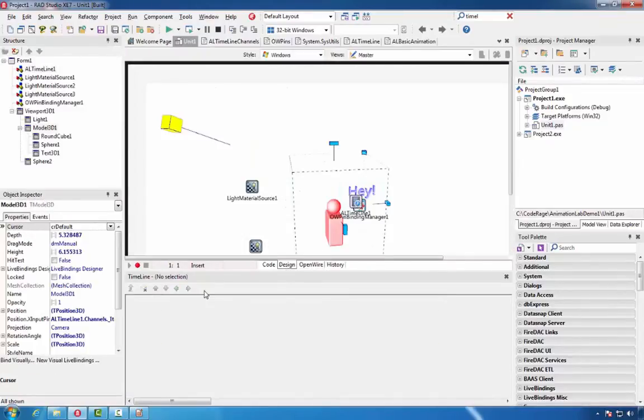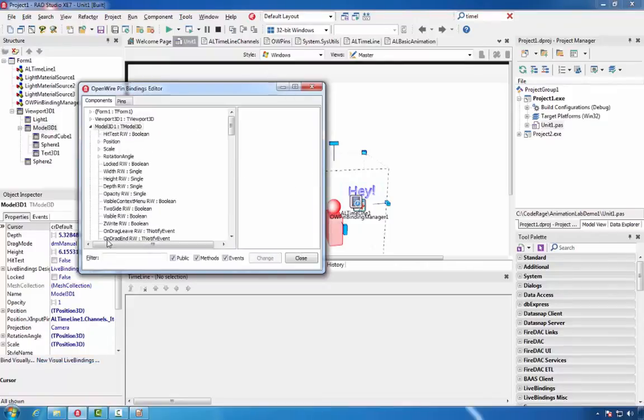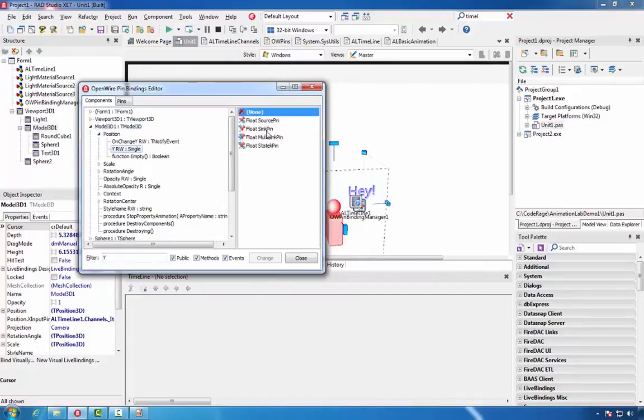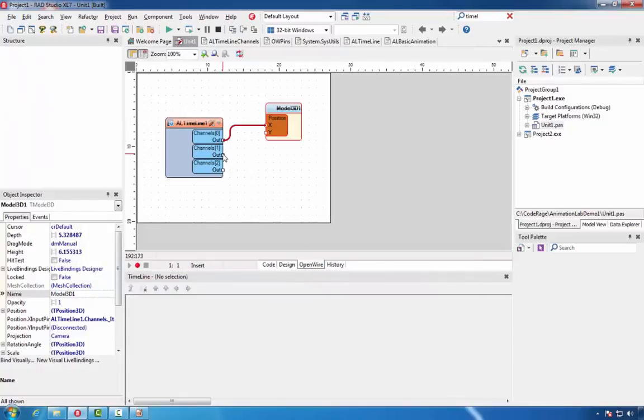Next, we'll add some more visual live bindings for our model. We will add the Y position sync pin, and we will connect the second channel with the Y position.